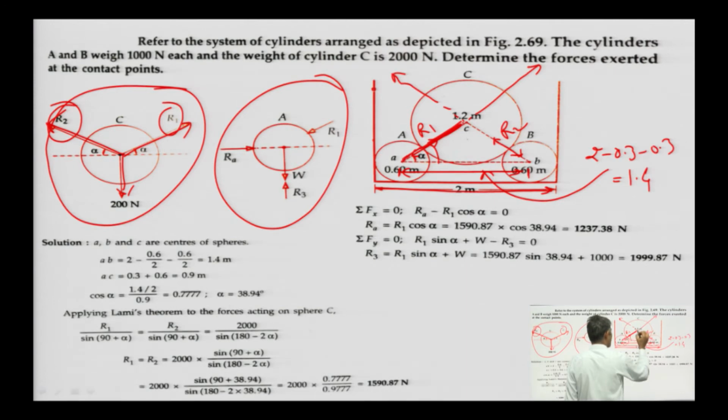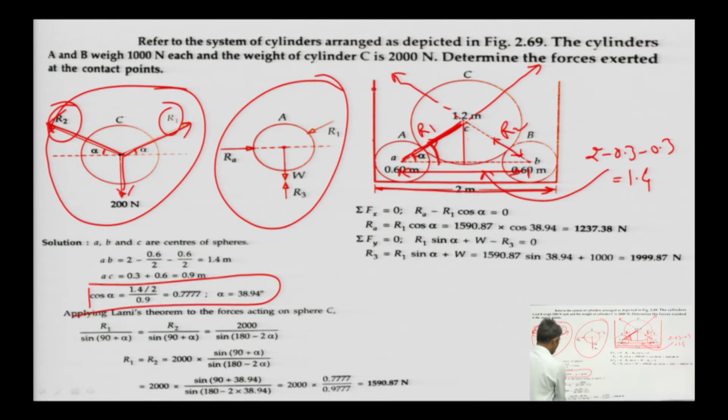With the help of geometry in the triangle, we have calculated the value of alpha. 1.4 divided by 2 gives 0.7, and this value is 0.9, with 0.3 this and 0.6 this. With the help of Lami's theorem